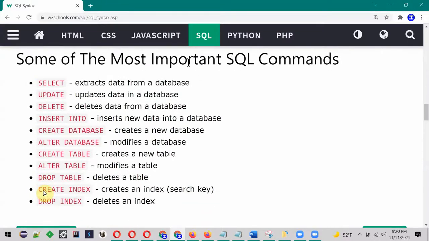The most important SQL commands. Select means gets or extracts data from a database or table. Update is used to update data. For example,